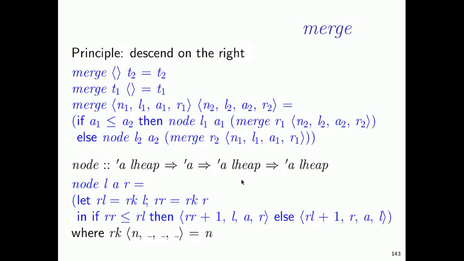And the node constructor computes the correct rank of the constructed tree. So the node constructor just, if the ranks are the right way round, this is the swap case. So if the right rank is, sorry. No, it's not the swap case. Yeah, I see, but I got confused. Yeah, that's right. So the rank of the right subtree should be smaller, and then we want